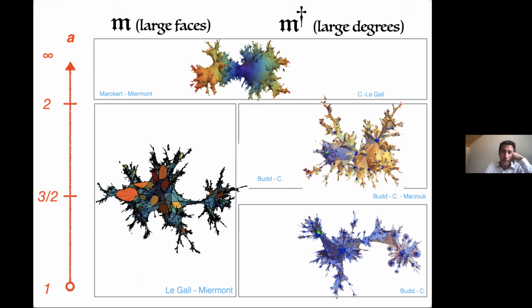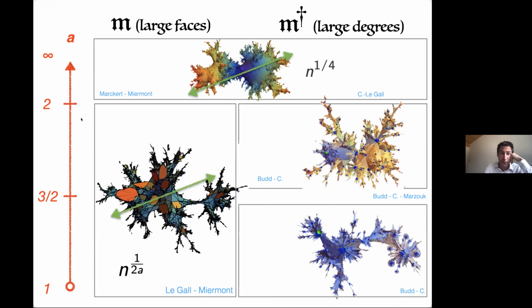So what is expected, I say expected, when a is above 2, is that both the map and the dual should converge to the Brownian sphere. It is known in a few cases for triangulations. For example, for triangulations, we know that both the map and its dual converge to the Brownian sphere, but it's not known in full generality, though it's believed to be true. And the diameter, as I mentioned, is of order n to the 1/4.